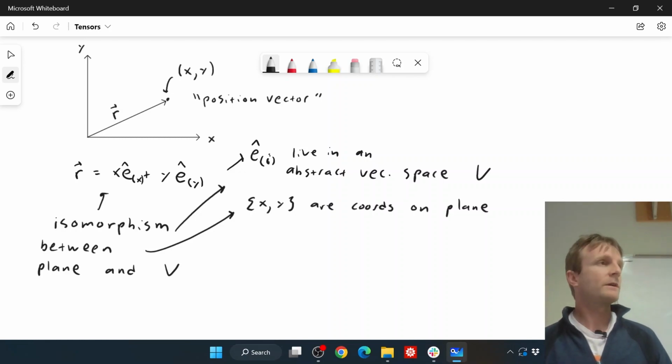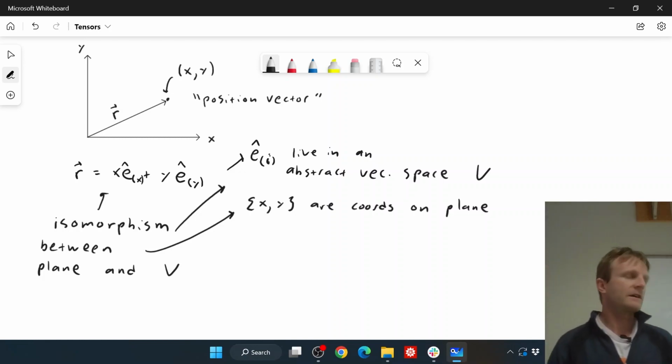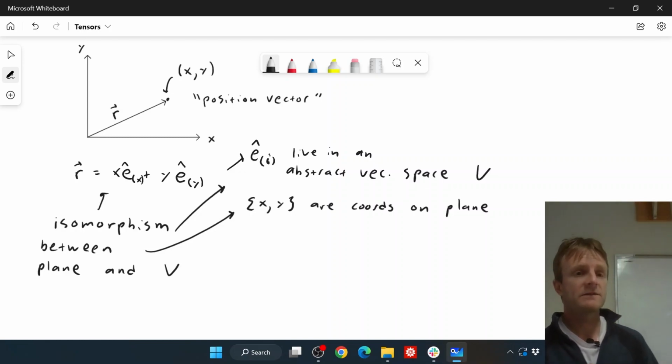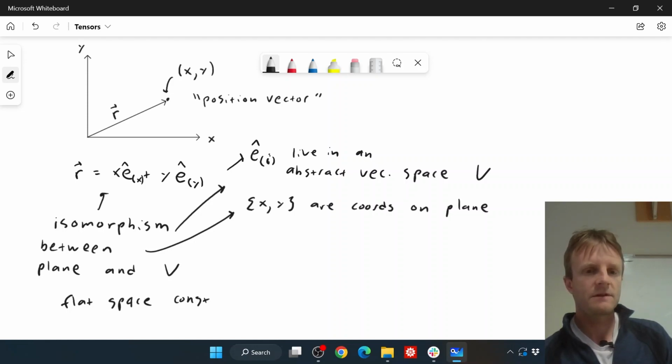If you had polar coordinates r phi, you would certainly never try to write an equation like position vector is r hat plus phi hat. That's not the way it works, right? You may remember from vector calculus and curvilinear coordinates. But we'll get into that later when we do curved space-time. So I just want to emphasize that this is a flat space construction, like this plane. And it will not survive